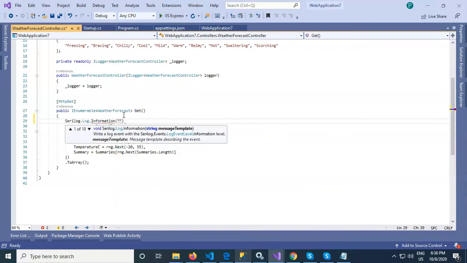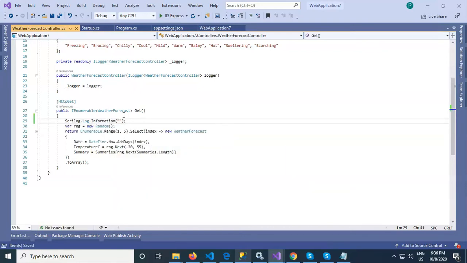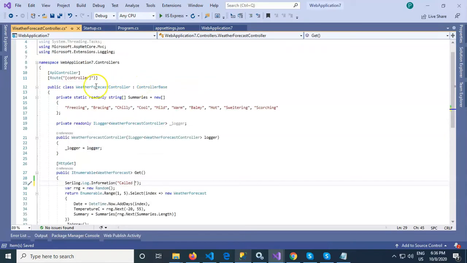Here we can add information like call weather forecast get method.